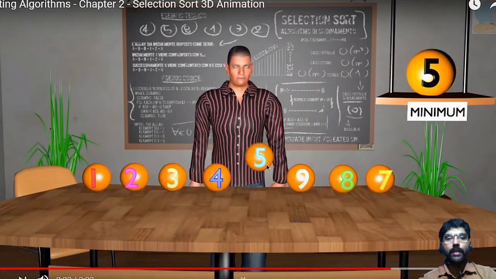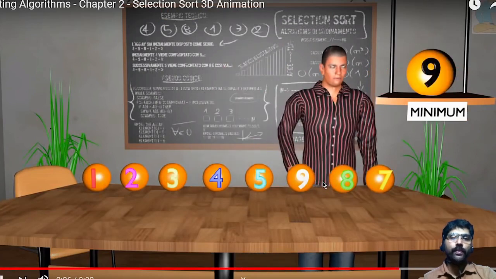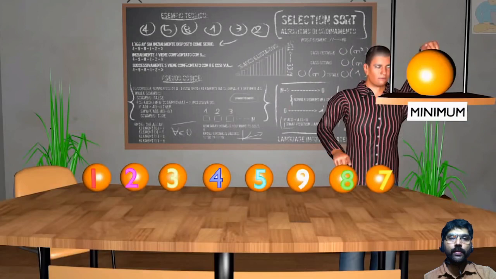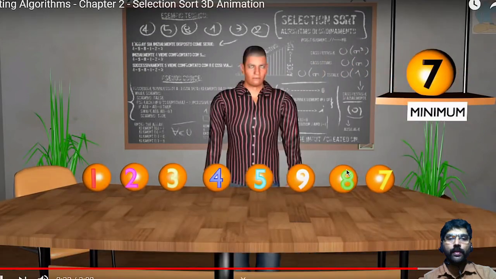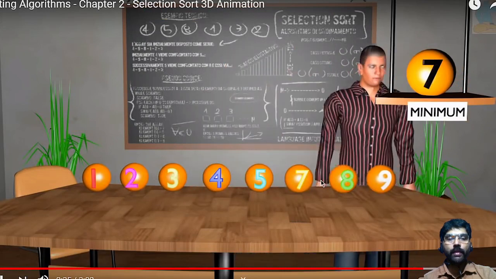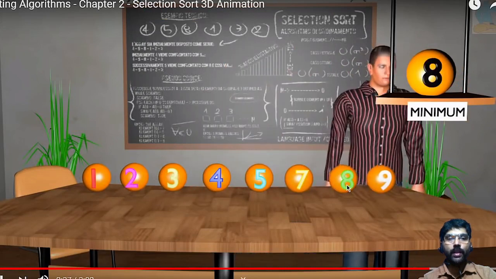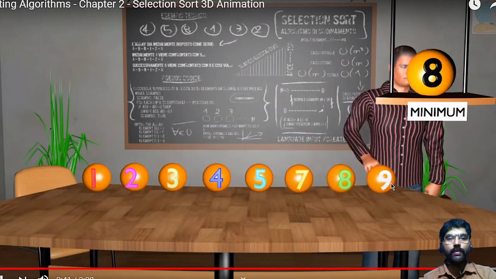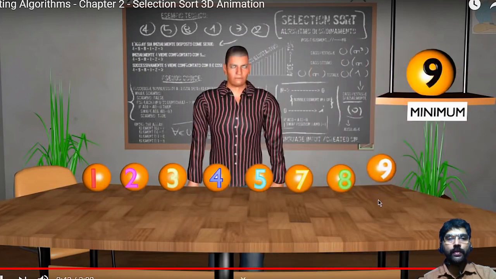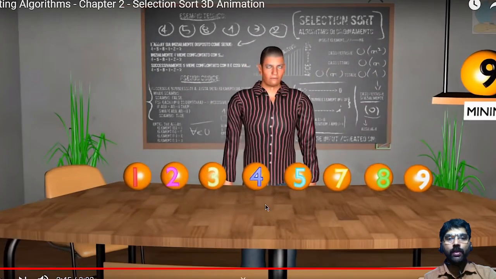There is no exchange because 5 is the smallest. Already in sorted order, no change. Already in sorted order, no change. Now all the elements are in sorted order. This is called selection sort.